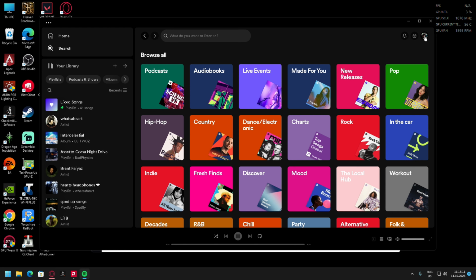That's basically it for the SpotX tutorial, and hopefully this has helped you guys, because no one likes paying for Spotify Premium, and I don't. So yeah, that's basically it. That's how you get Spotify Premium for free on your